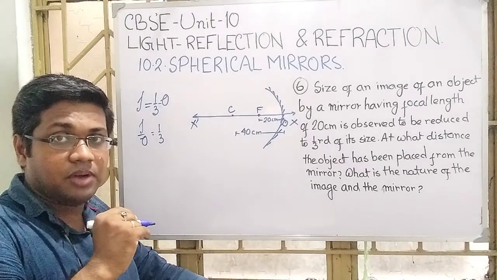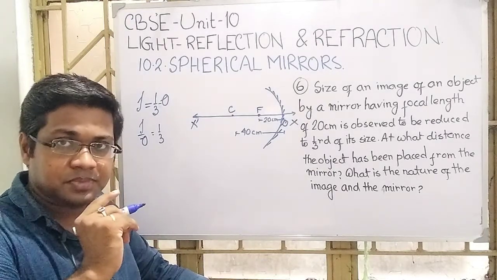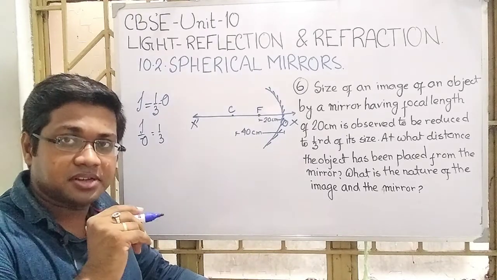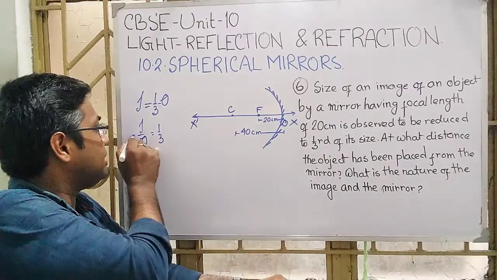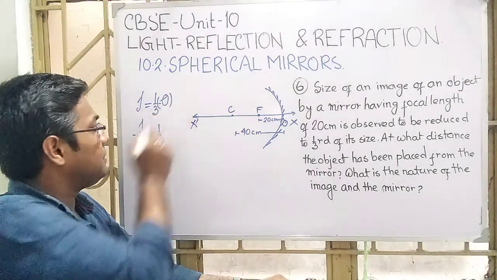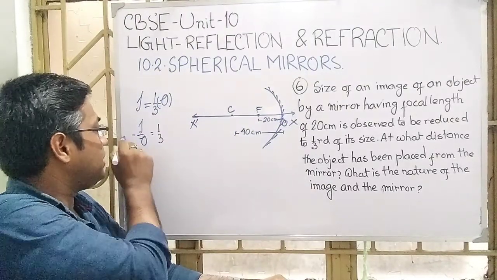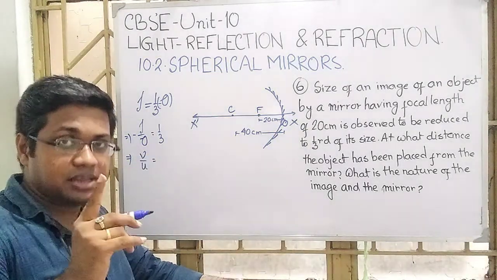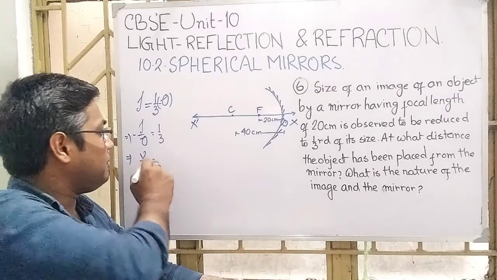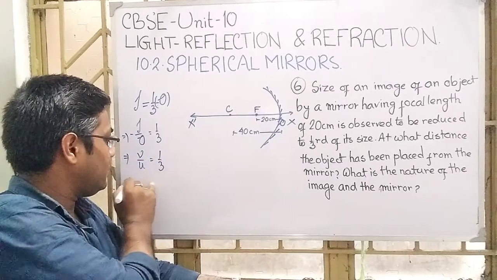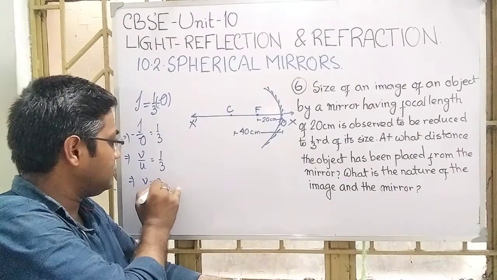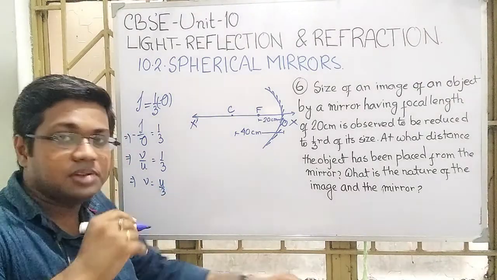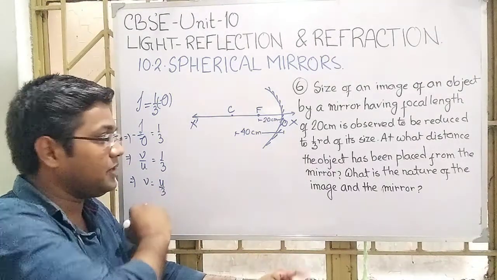I by O equal to 1/3. What is this I by O? This I by O is magnification. So I can say this is minus I by O, because there is a minus sign. So this minus I by O gives us V divided by U, because I by O equals minus V by U. So V by U equal to 1/3. So from here V equal to U by 3, or you can say U equal to 3V.